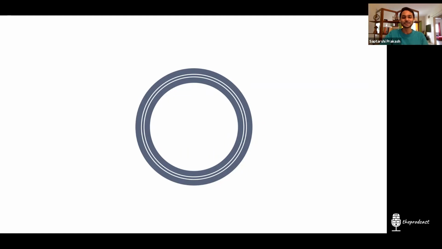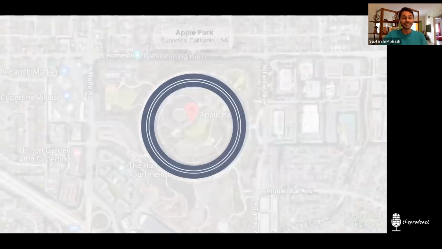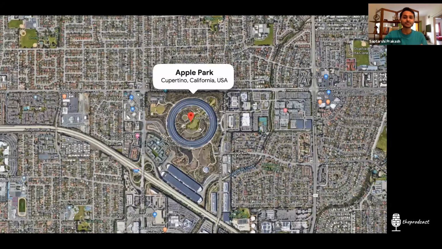Okay, so, for most of us, when you see this ring, it doesn't mean anything to you. But the moment I show you this, it starts making a lot of sense. Or at least for the people who know how the Apple Park in Cupertino looks like, right? So yes, this is the Apple's headquarters, which is there in Cupertino. And if you see it on the map, the top view looks something like this. Yes, some of you have actually figured out that this could be the Apple Park because I used the word Apple, but it wasn't easy for you to perceive. It wasn't easy for you to think that Apple is related to this by just seeing the ring.